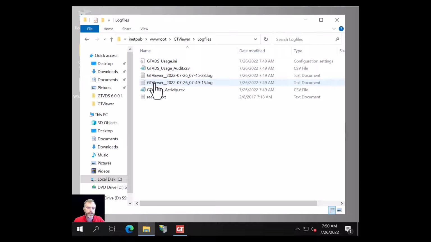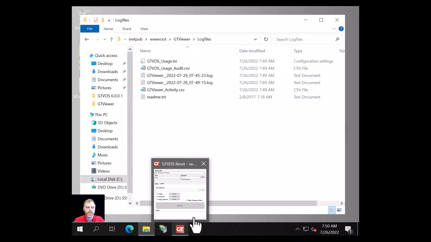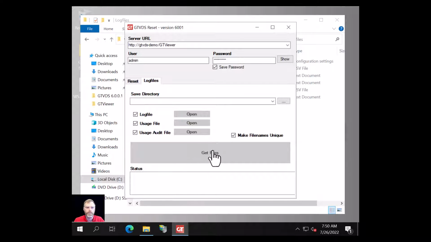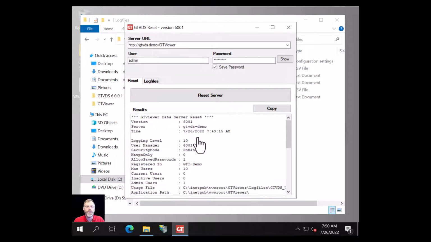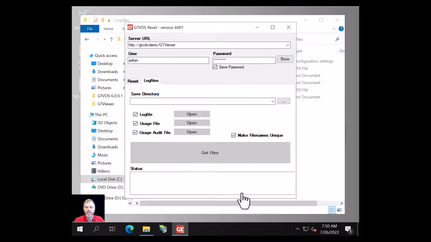But if we weren't on the server and you want to get these files, then you can use the reset app to download them. You just have to give it a path to download them to. Now, one thing to keep in mind is if you do a reset over here, it resets the log file. So if you reset it and then get your log file, you're going to get pretty much an empty log file. But if you get your log file first, it will do the reset and download the last log file. So if you really want the information, that's the way to do it.